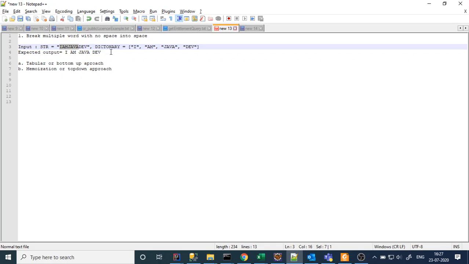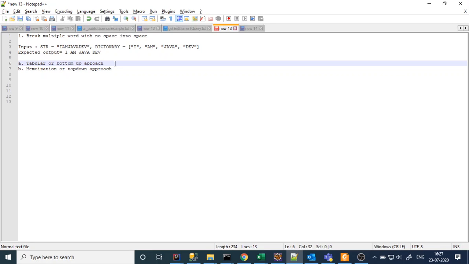Like that we will recursively find the solution. When every subproblem is solved, then we will find the whole solution, right? So this is the way dynamic programming works.